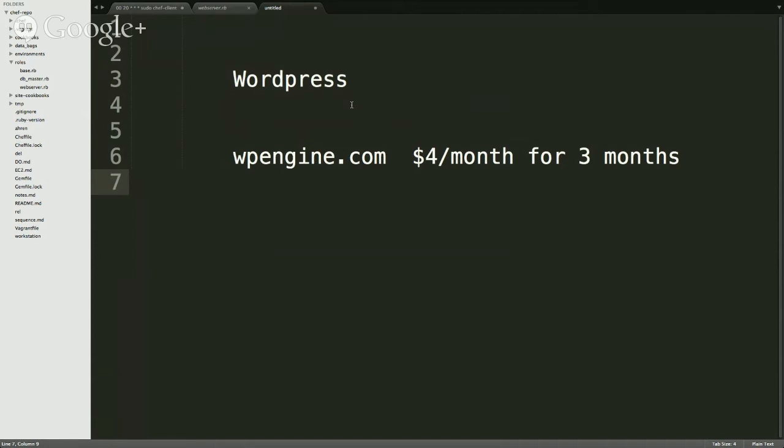Wouldn't WP Engine be able to scale, depending? They scale. If you pay more, they'll scale. Oh, okay. So this is like your basic one. This is the basic. So WP Engine will scale for you if you are a commercial site and you pay them more money. Then you will have to pay 100 or maybe 300, who knows what. If you don't want to pay and you want all that installed, then you use Chef. Okay, that's when you.